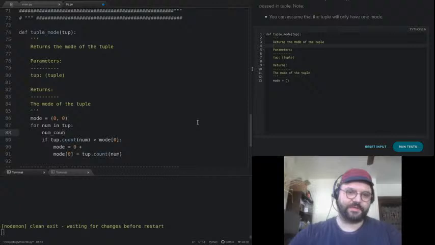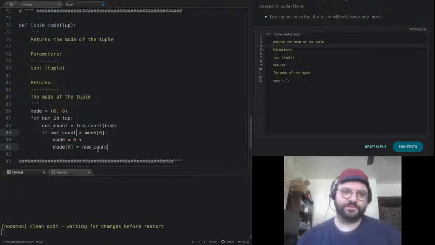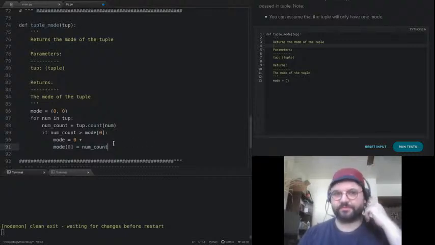We'll say num_count equals tup.count(num), and we're just going to do this with num. So I'm using it in two places. So this is what I'd do if it were a list, but in this case,